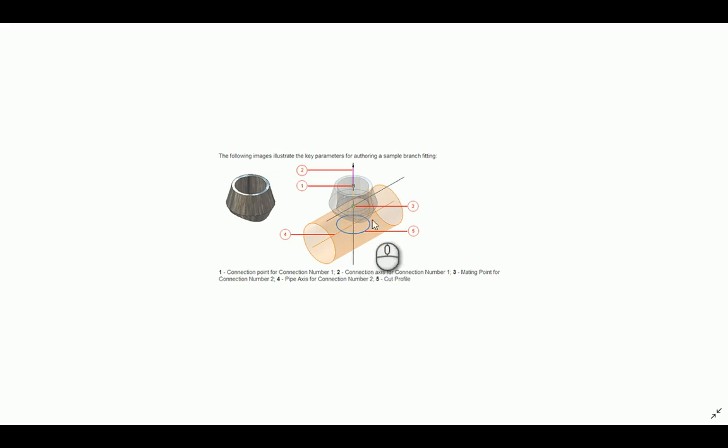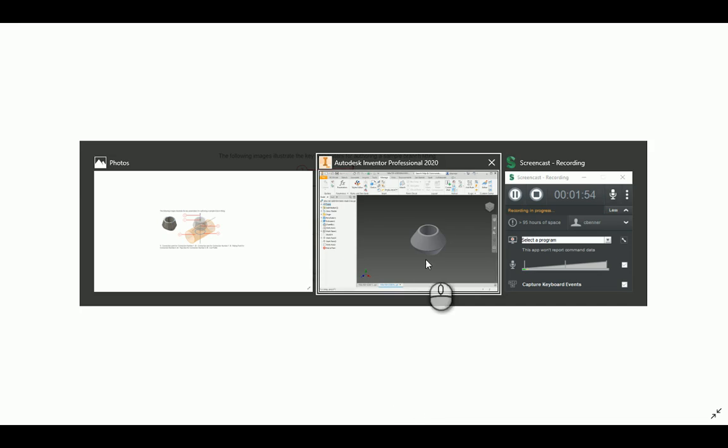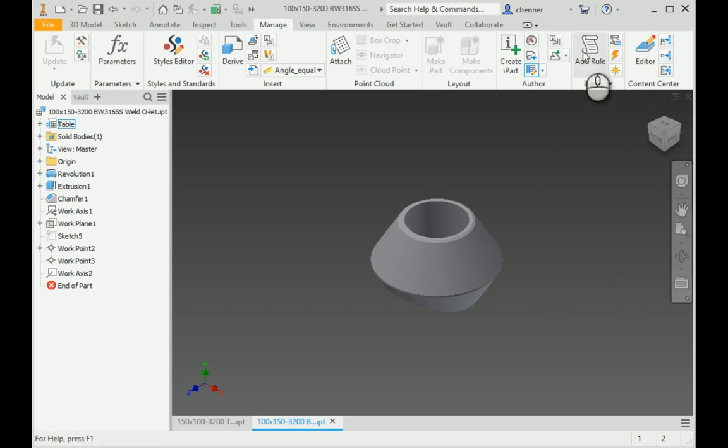Now that sketch for your cut profile will be sitting at the axis of the run diameter, which is the larger pipe that the branch fitting is going to be sitting on. So with all of these things in place, we can take a look at the actual authoring for the part itself. So again, we're going to go to the Tube and Pipe tool in your authoring menu,